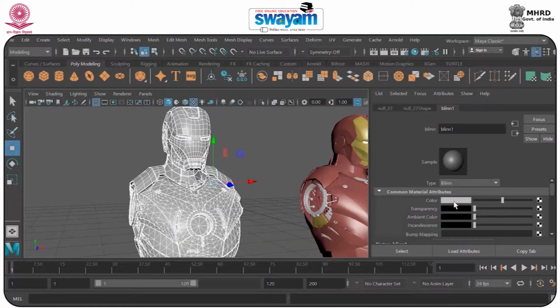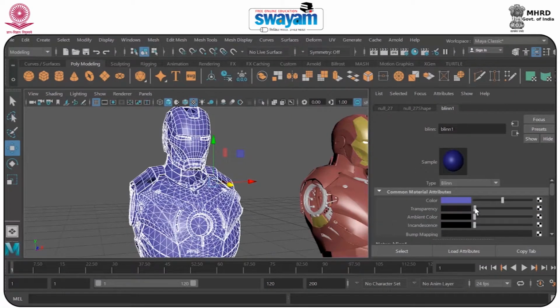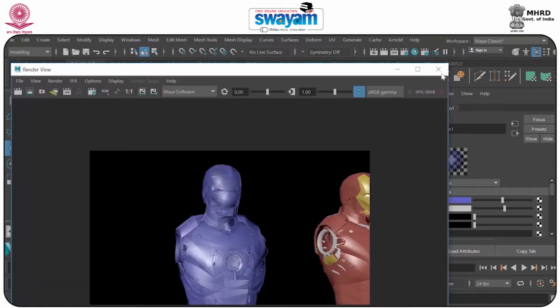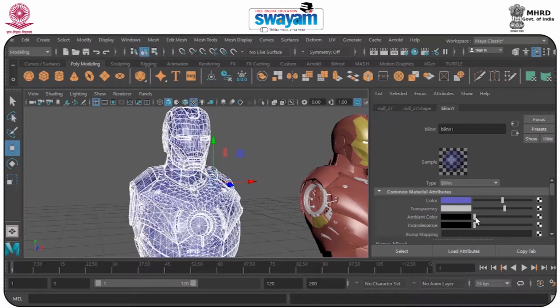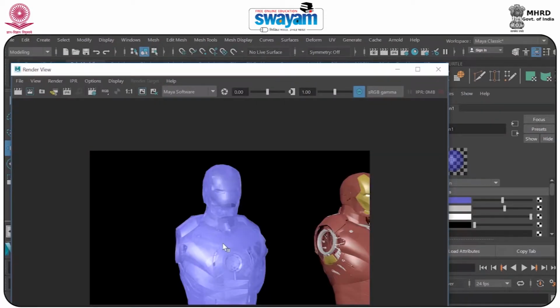With the help of the color, you can definitely change the color, and with the help of the transparency, you can make the same transparent. So now it will behave like a glass. See. After that, the ambient color, if you increase the ambient color, what happens? Have a look. It will just glow